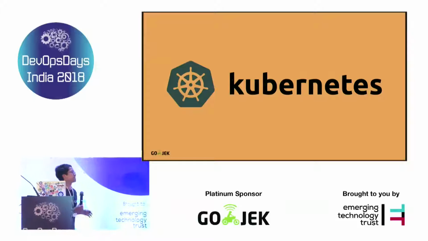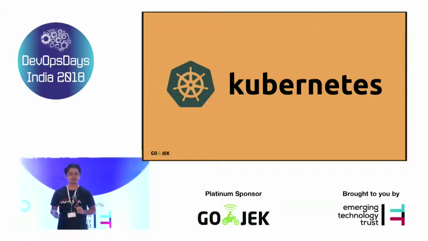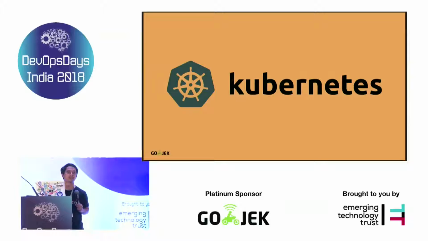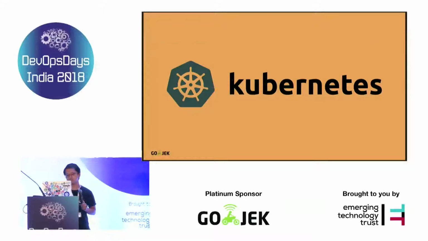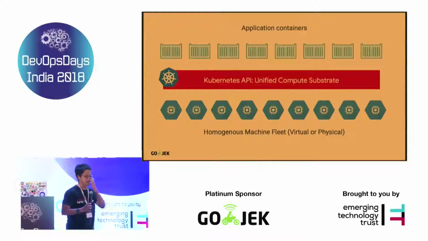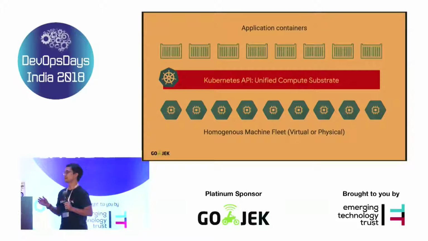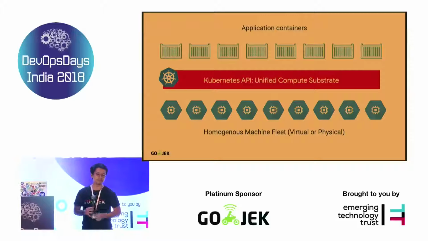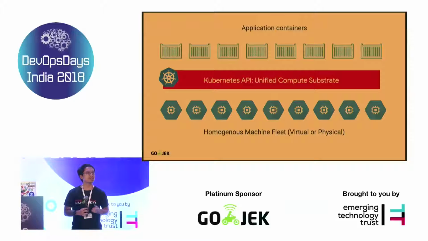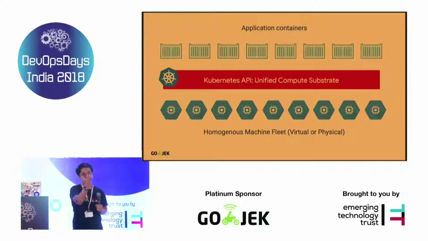So Kubernetes was an evolution on top of Borg and Omega at Google. They donated it to the CNCF, the Cloud Native Computing Foundation, in the community, I think around 2014. Kubernetes is a very powerful abstraction that abstracts application containers from a homogeneous machine fleet. What this means is application containers do not really care which machine they get deployed to, right? Whenever a machine is removed, the containers' view of the world is just that there's less compute power in